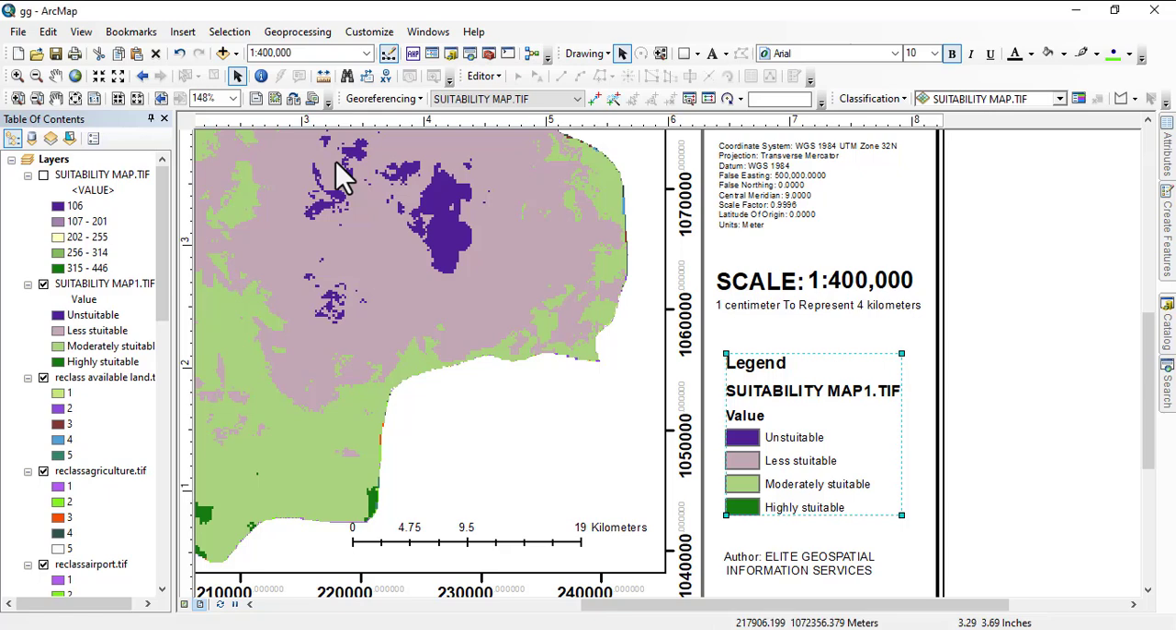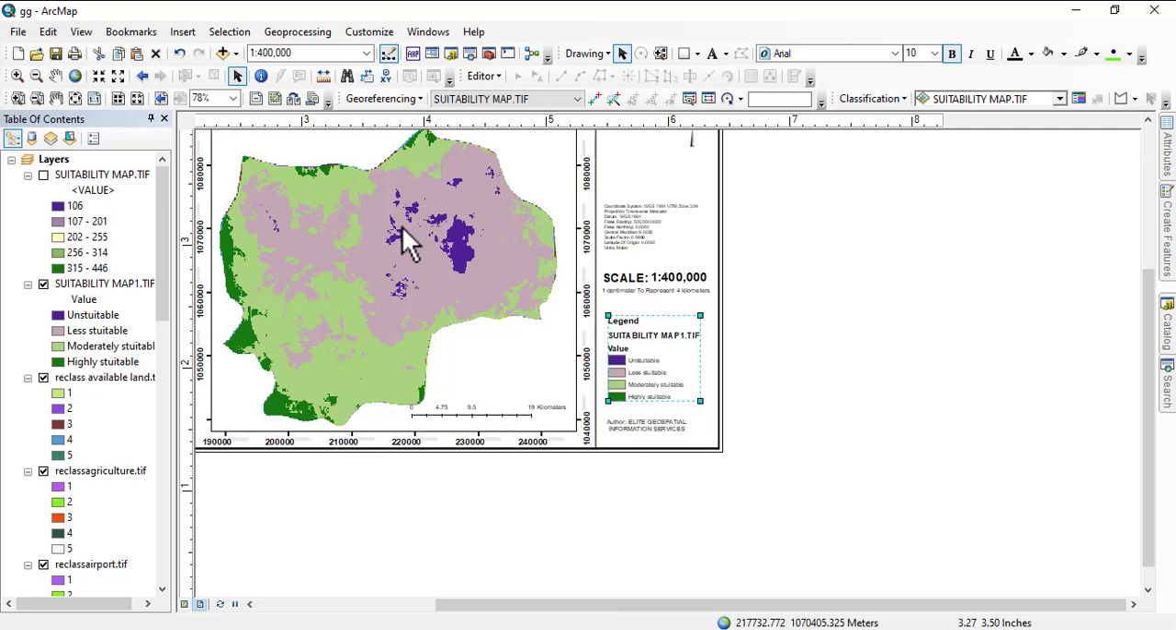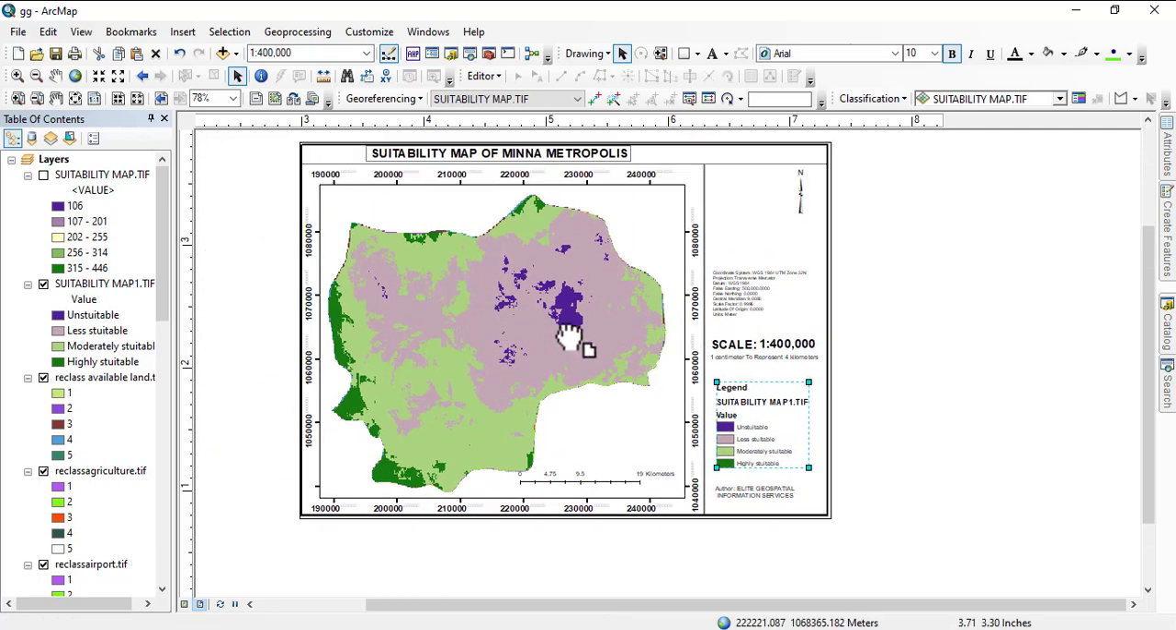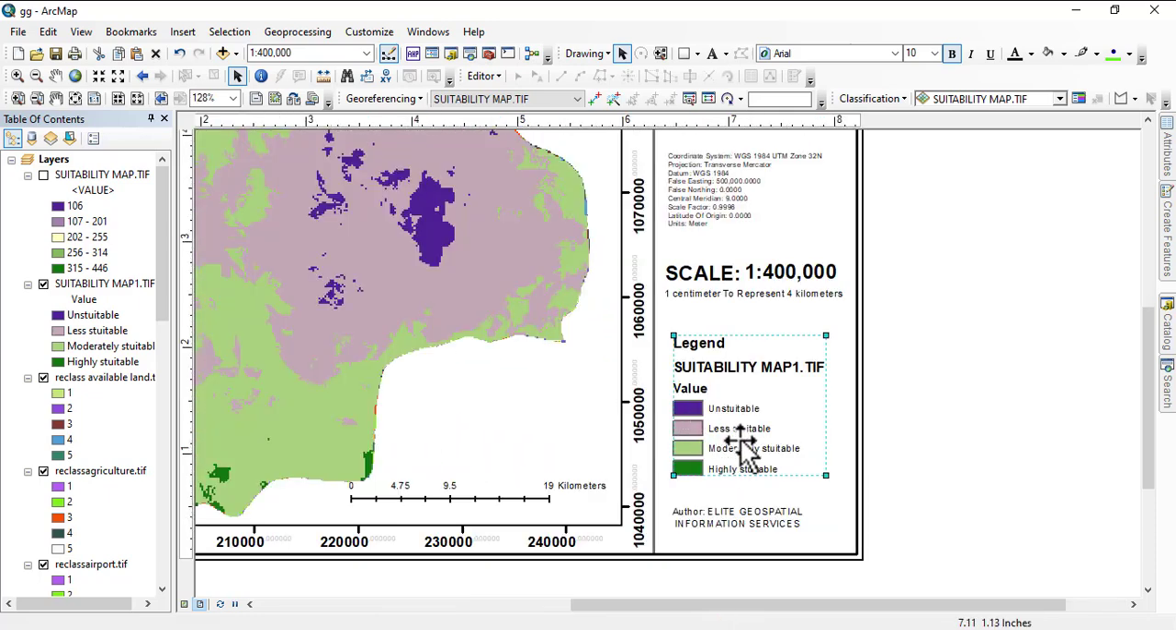So in the last class, we produced this whole map. So this class, we're just going to take time and edit the legend. So this legend, you can see that it has the suitability map.tif and it has value and all that. Most of the times these things are not needed in the map, so you have to edit it, or